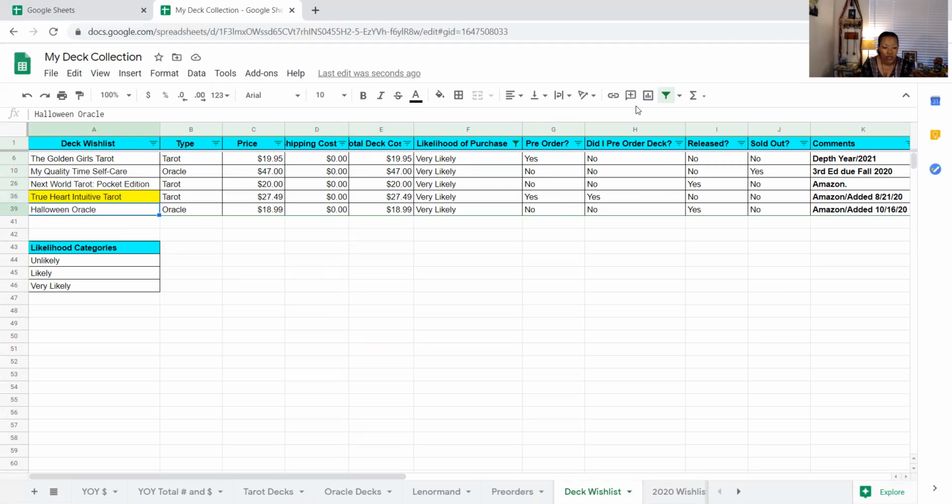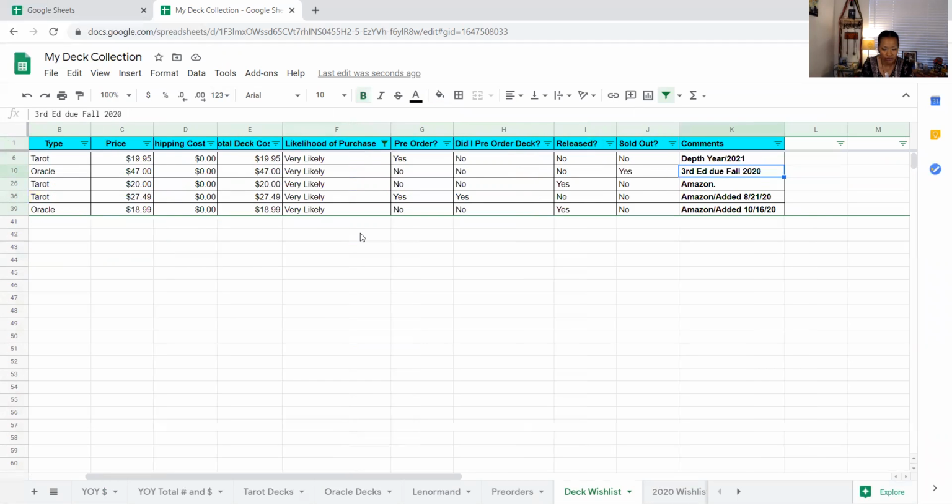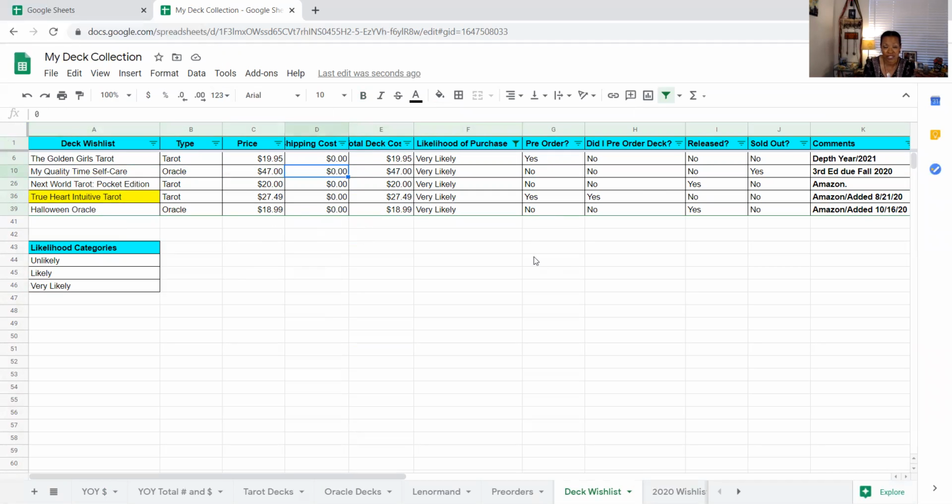I'll get that. Or I've been really wanting this, and this is a true story. I missed the first edition. My low buy year caused me to miss the second edition. Right now, as of this recording, it is going through a third edition print in fall, or autumn, 2020. I'll see if I'm going to get it or not. It's $47. But knowing that it's an independently produced deck, and I don't know how many more print runs she's going to do, I need to seriously think about whether I want to not miss out this time on this third pre-order. So we'll see.